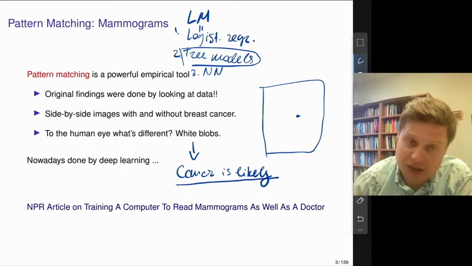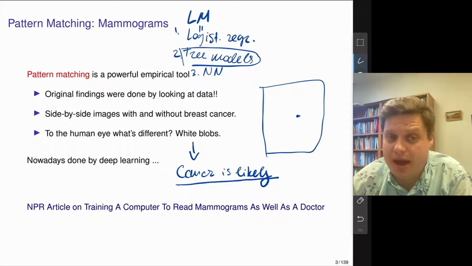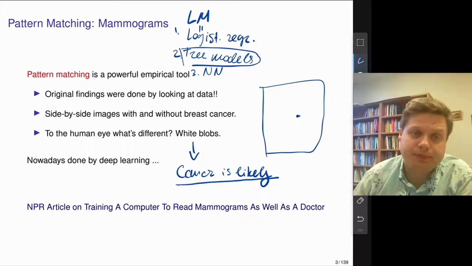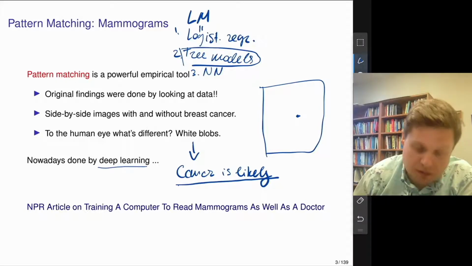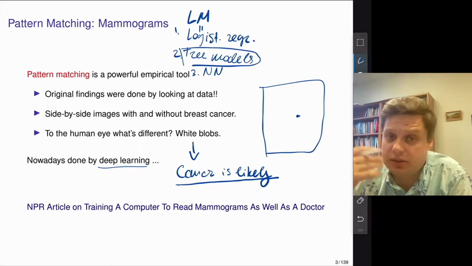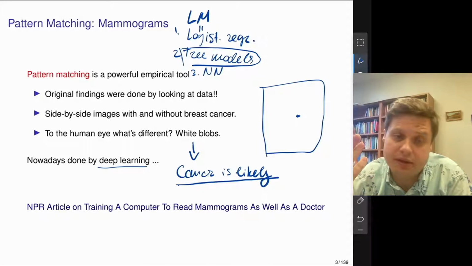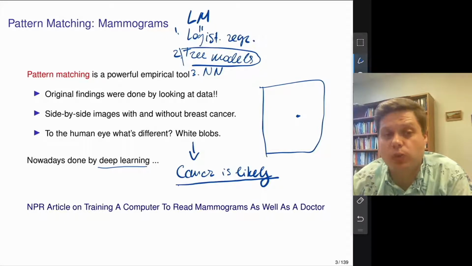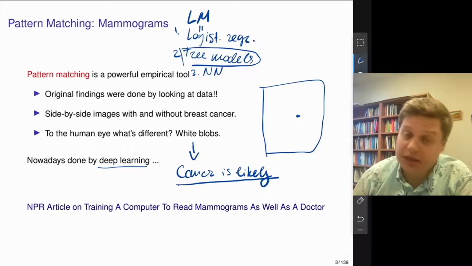So explanation often comes after the pattern was found, and pattern actually leads to new findings and new research and new explanations. But it doesn't mean that just purely pattern matching cannot be used in an efficient and useful way. And essentially, deep learning is doing a very similar thing. Deep learning is predicting, doing pattern matching without really explaining things. And for a lot of the applications where deep learning is used, we don't have good explanations why it works, why it predicts what it predicts, but it doesn't mean that deep learning is useless and shouldn't be used for predictive tasks. It's actually quite the opposite.